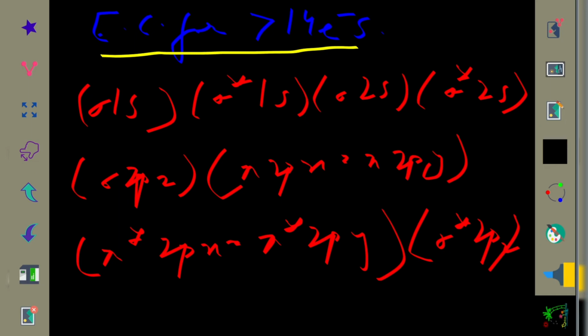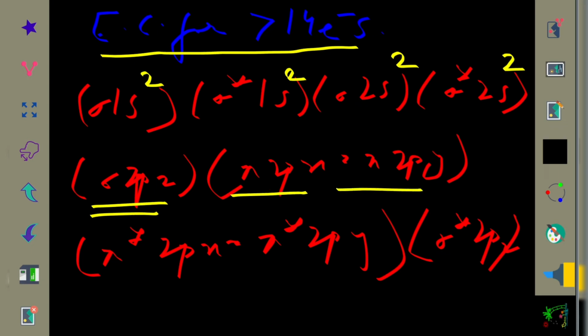So similarly we have to write sigma 1s2, sigma star 1s2, sigma 2s2, sigma star 2s2. Then switching will be here. Sigma 2pz will be more stabilized when compared to pi 2px and pi 2py, which are degenerate. So here 2 electrons we will fill like this, as I already told you, right? Here again the anti-bonding will be filled like this, and sigma 2pz2.